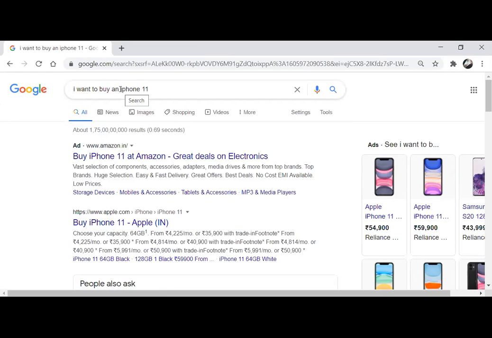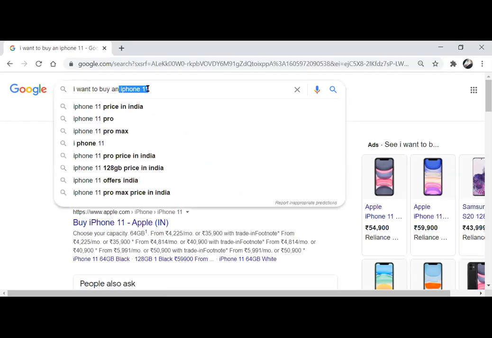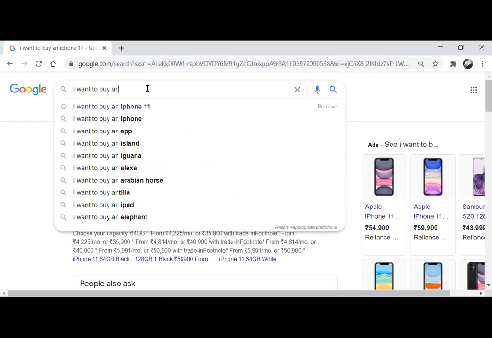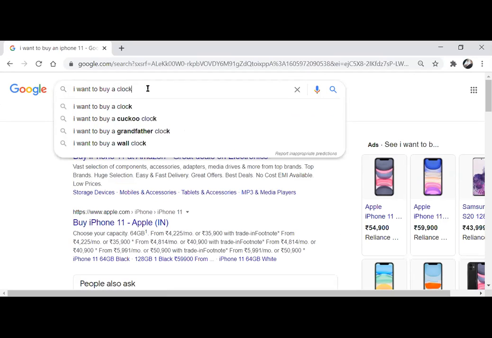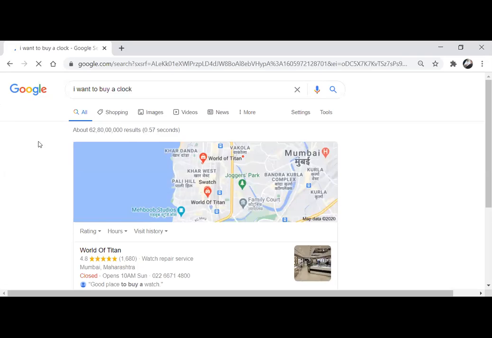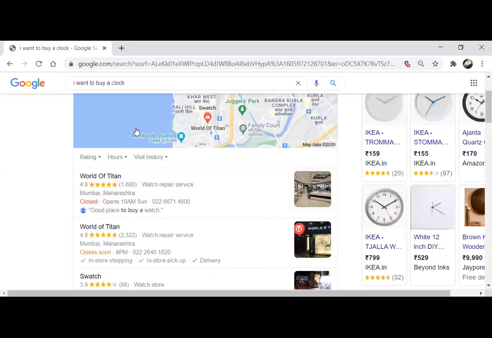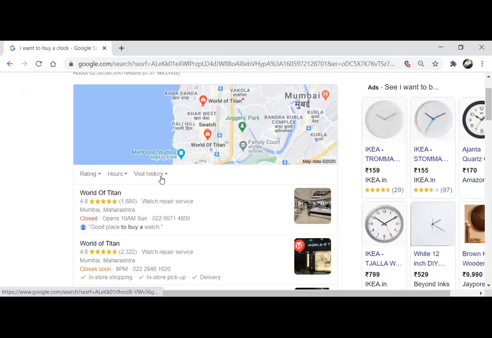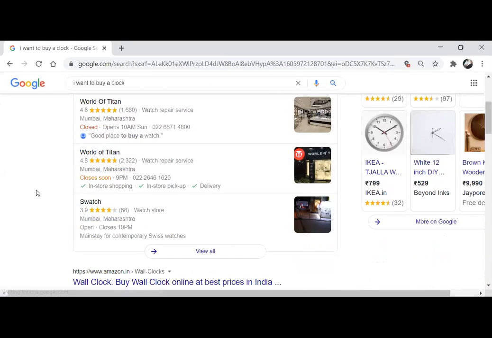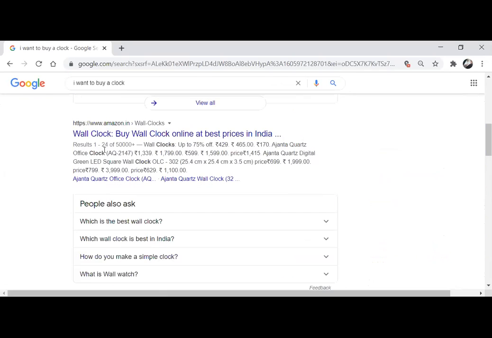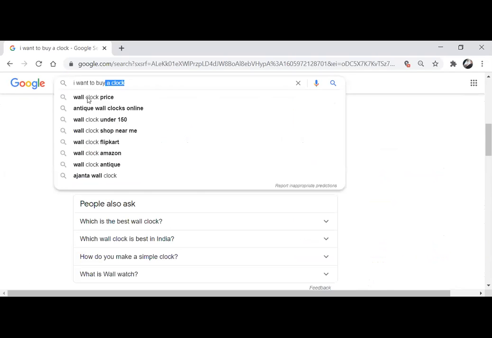Suppose I enter over here, I want to buy a clock. Right now it's giving me directions where I can go to a store manually, and then again it is ranking amazon.com first, but over here it is not showing the ad thing because amazon.com hasn't paid for the keyword clock.